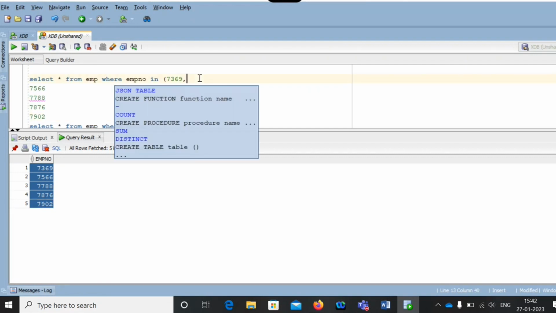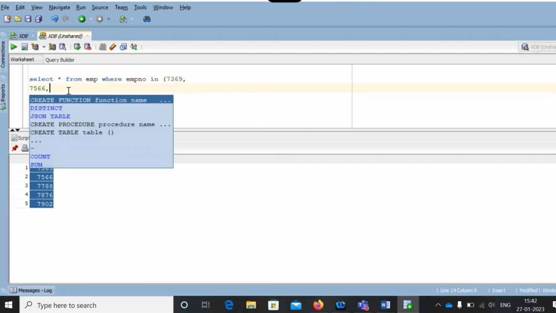Instead of putting this, I just mention the single query.